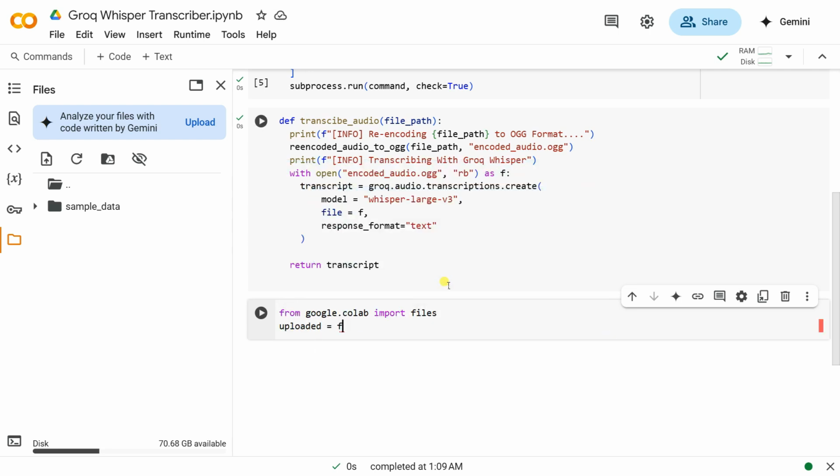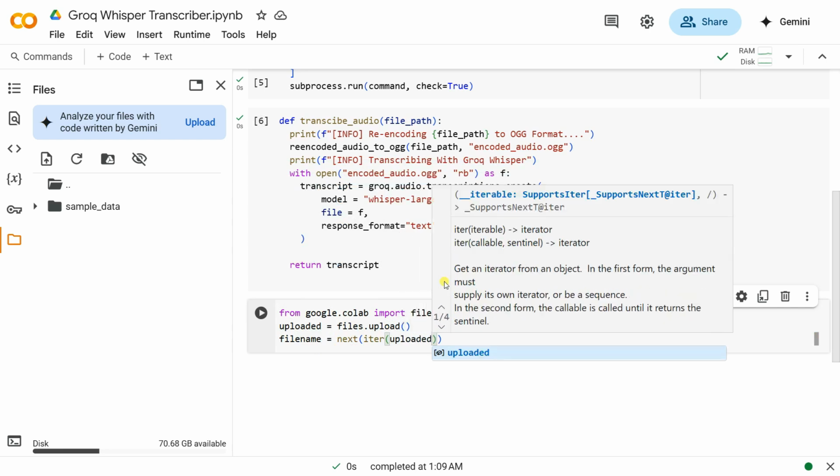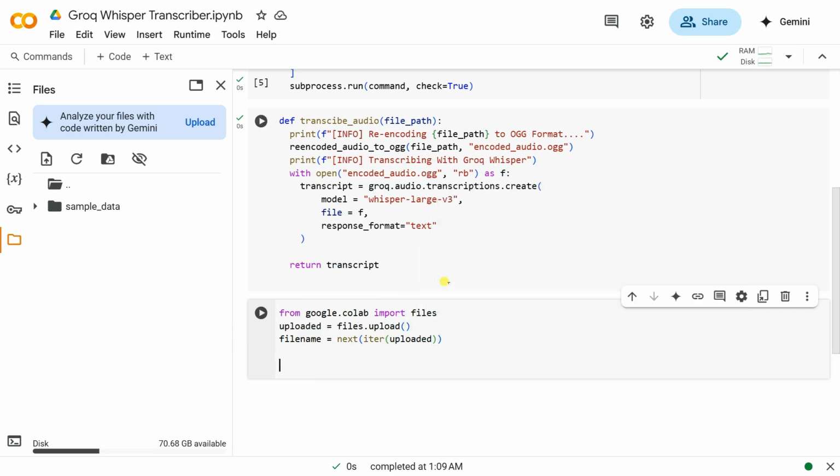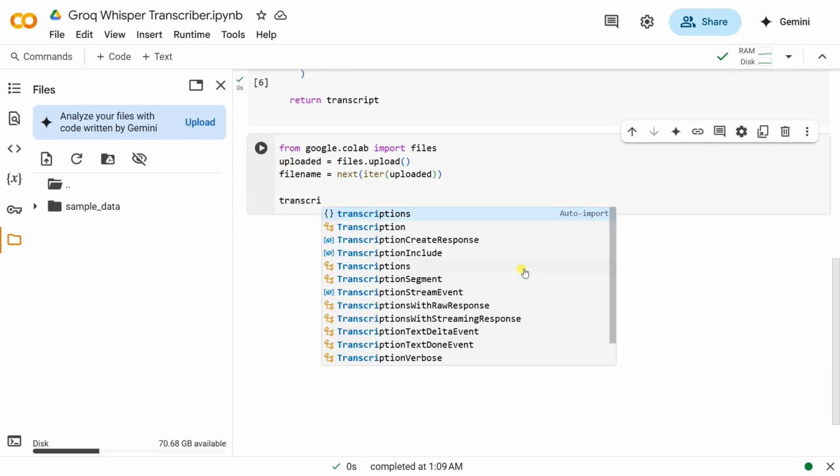Here you're going to store the uploaded file. So let's say files.upload, and then you're going to get the file name. So let's say file name is equal to next of iterations of the uploaded. Let's upload it. So here we have our uploaded file in the form of file name, and after that you're going to use here this